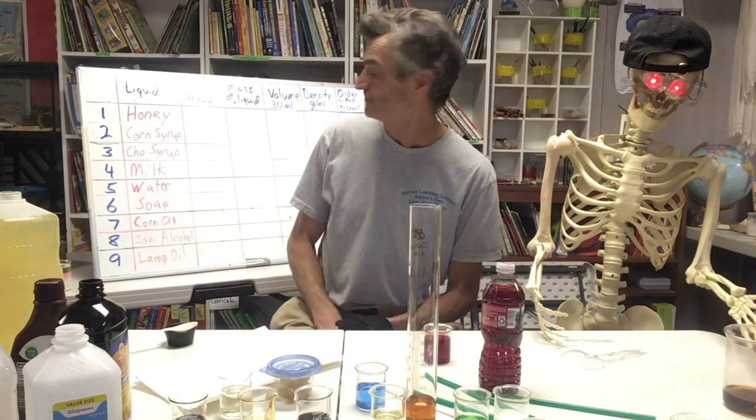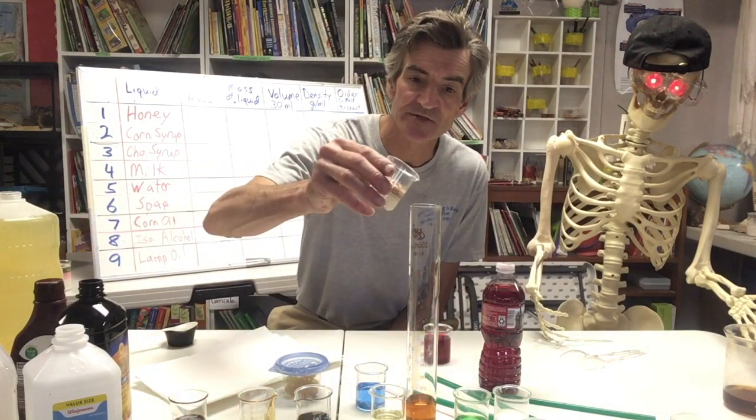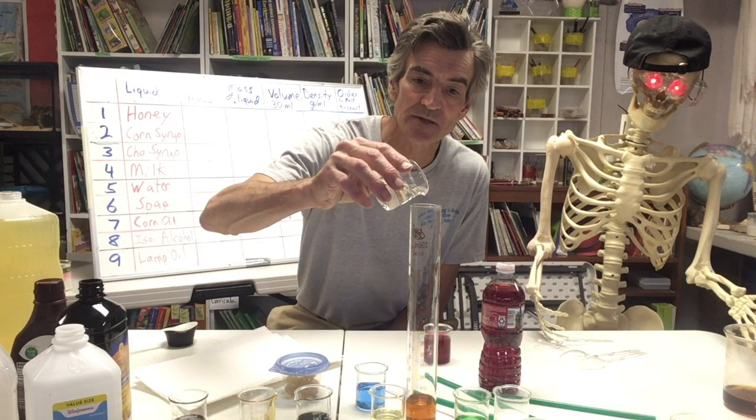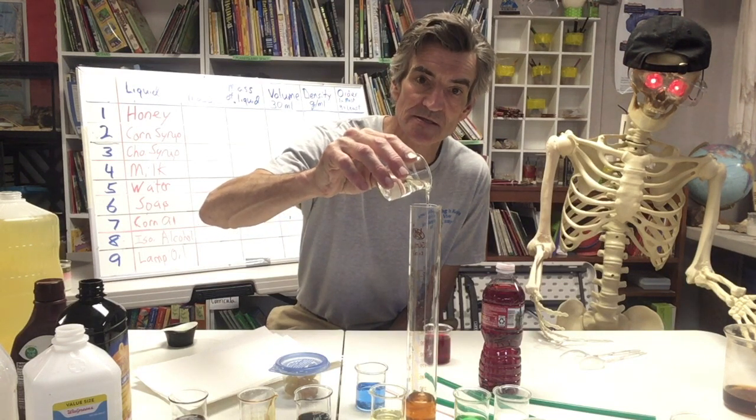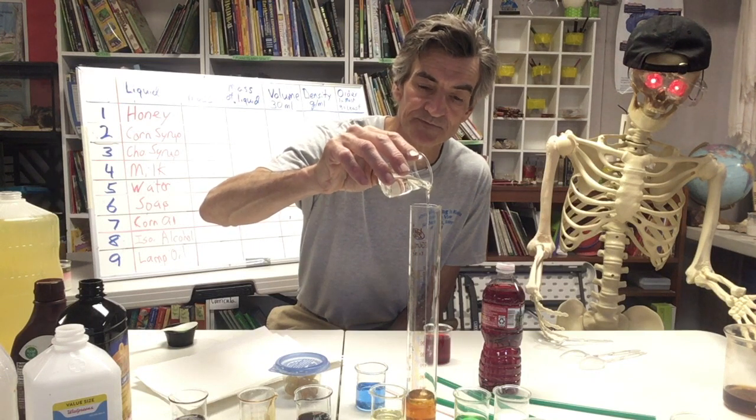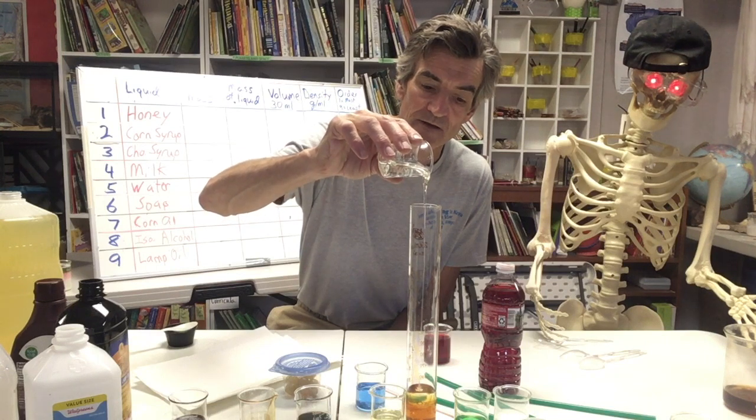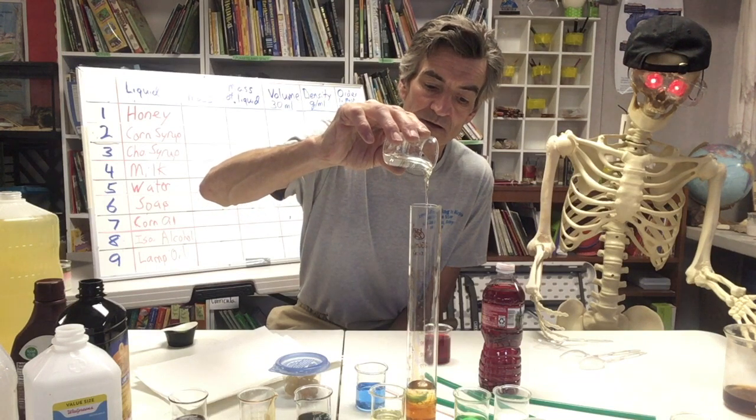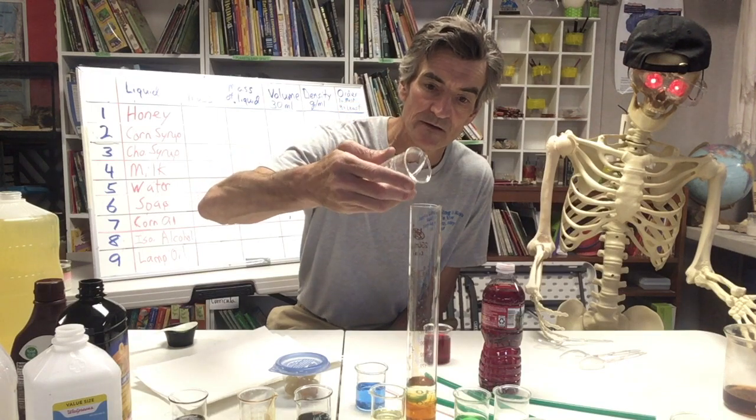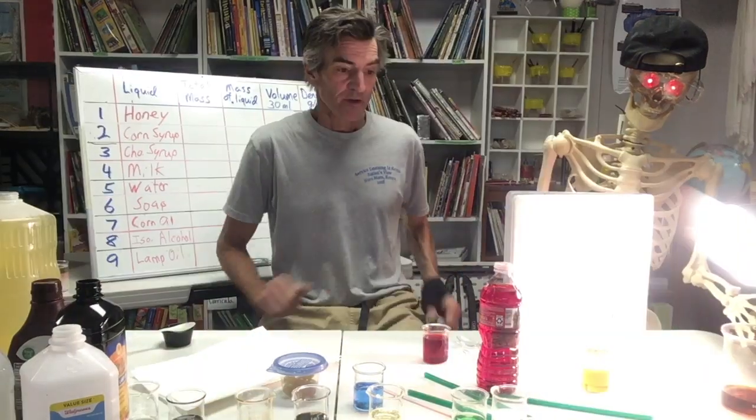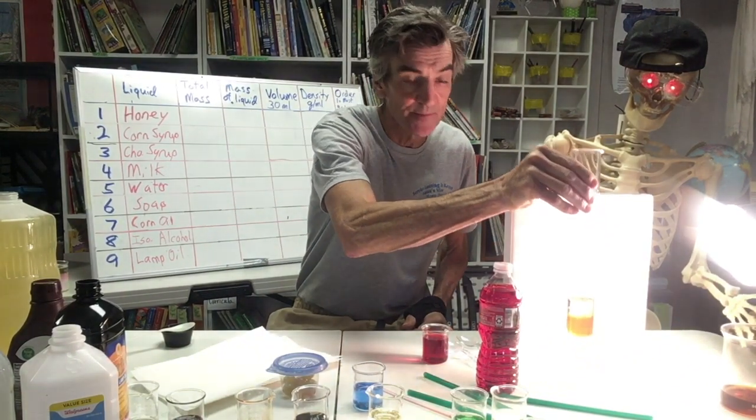Okay, second up, corn syrup. Let's see, I got my corn syrup here. I'm going to just go ahead and pour it straight down the middle, trying to not go too fast. Corn syrup. All right, so I've got my corn syrup and my honey, and I got a little lamp here